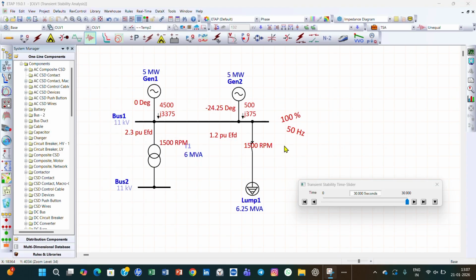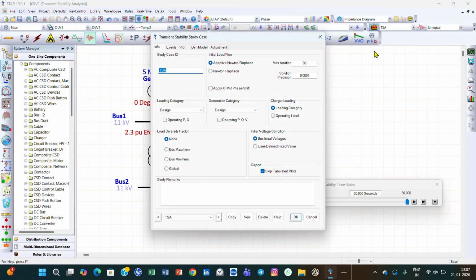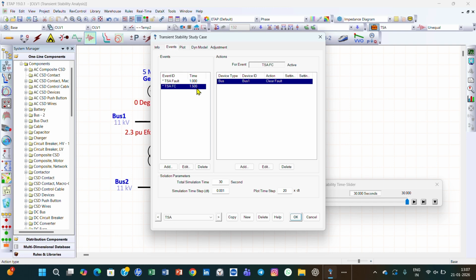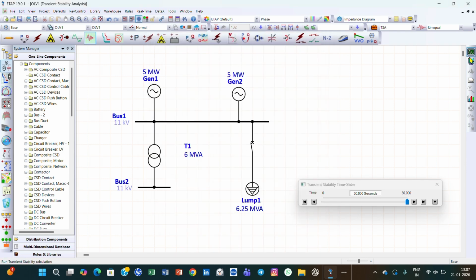Now we have studied both equal load and unequal load. Now we will find the critical fault clearing time at which both the generators will remain in synchronism in an unequally loaded condition without losing synchronism. For that we can go to edit study case and go to the events. Here we can decrease the fault clearance time to 100 milliseconds, that is 1.1, and click OK